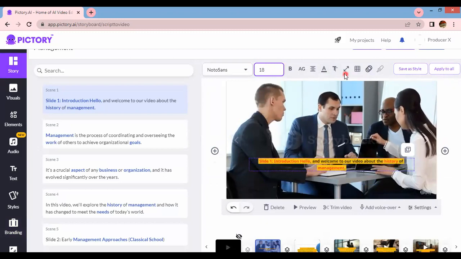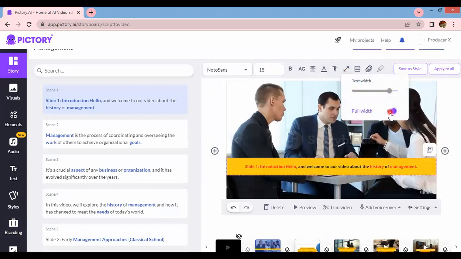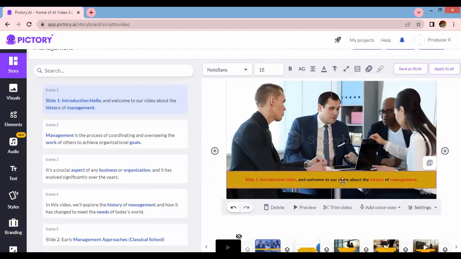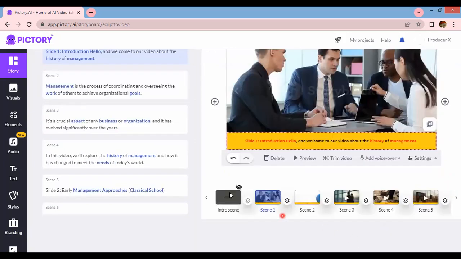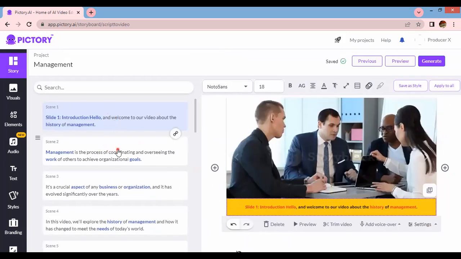Now that's not bad. We're also going to use the text width functionality to stretch out the text. And it's not bad. Let's move it down. And if you like what you see in this first instance, you can apply the entire thing to all of the scenes. So let's click on Apply to All, and we'll just work from there. So now it's taken that first configuration that seemed all over the place, and it's brought it lower down the screen so that it doesn't obstruct. Now we're going to scene 2